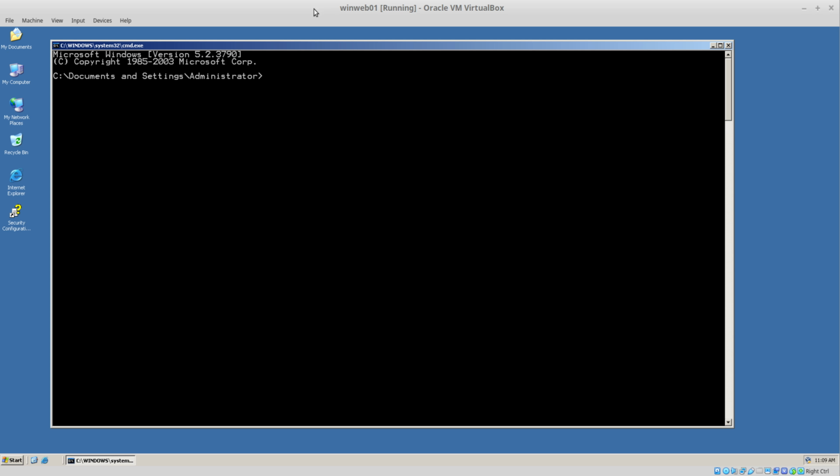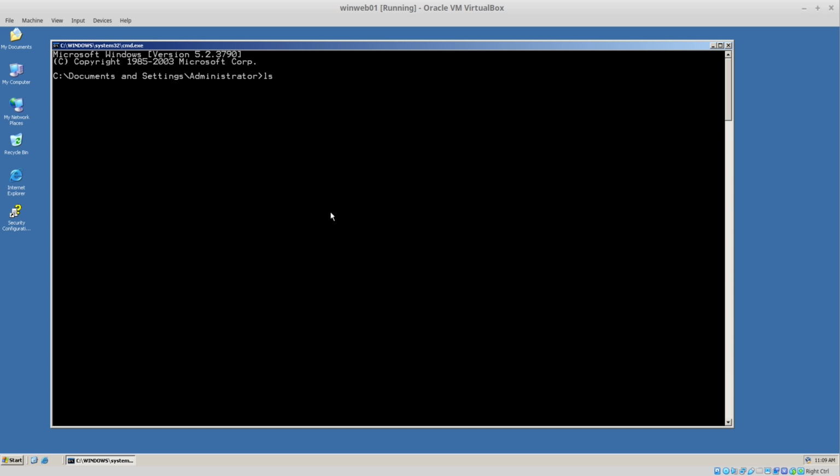Very first thing you'll notice is that in the command prompt, you're here in Documents and Settings Administrator. On the new versions of Windows, it's C:\users administrator, or users, then your username. On this version of Windows, it's C:\documents and settings. On even earlier versions of Windows, it would be C:\windows system32 profiles or something like that. So on this one, we're going to go with the Documents and Settings Administrator, and we're going to look at